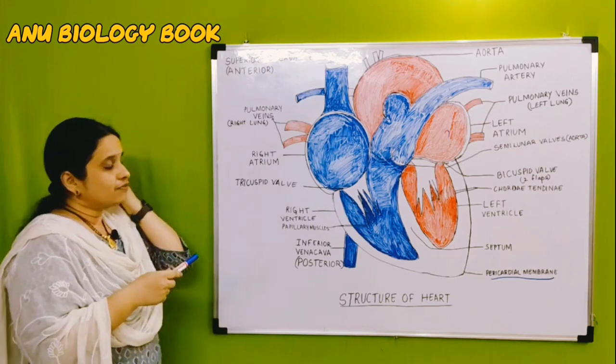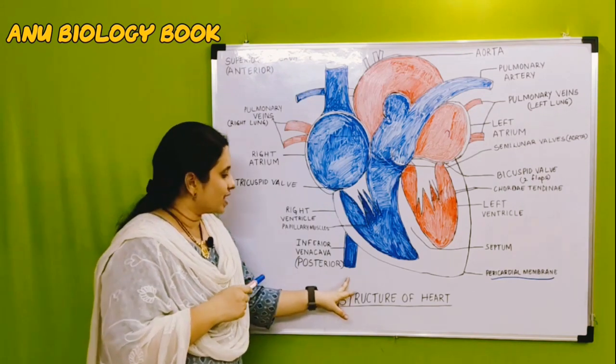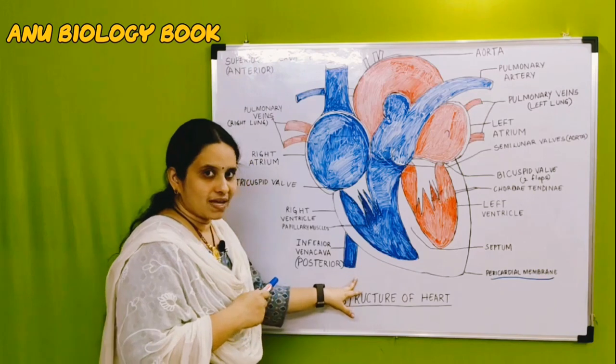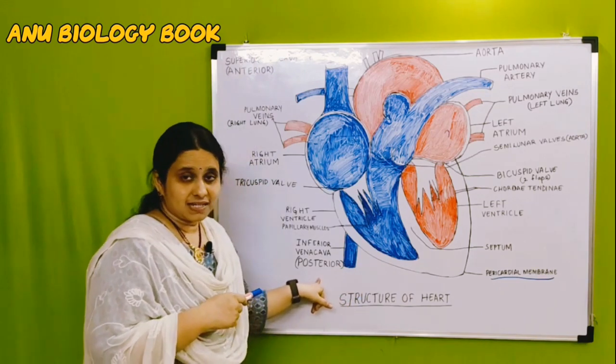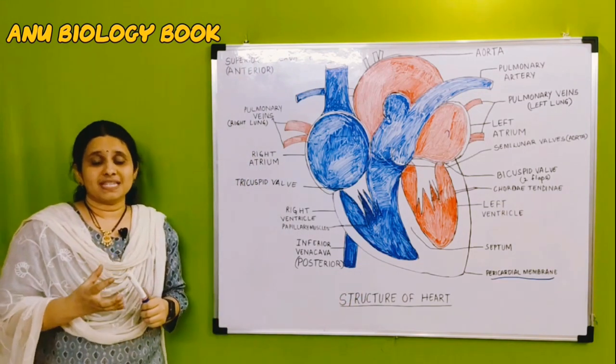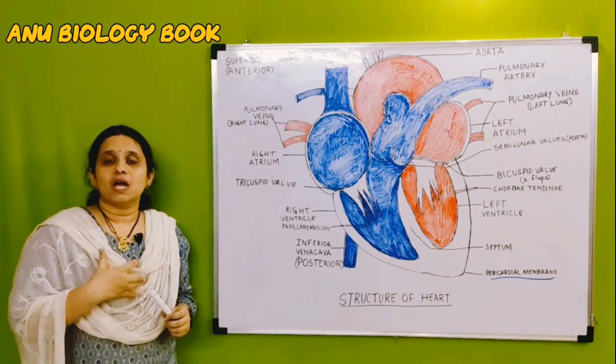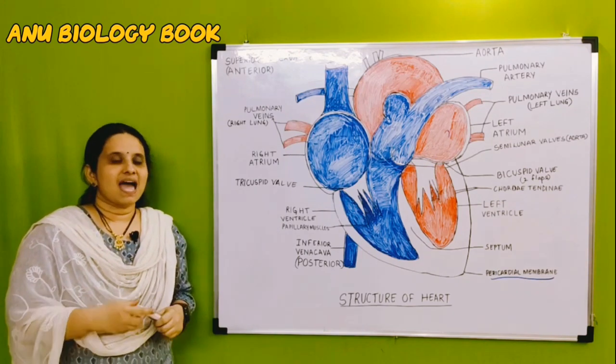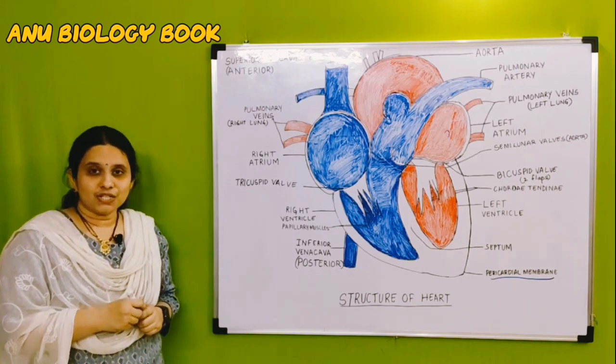And the inferior vena cava or the posterior vena cava, the name itself indicates that it receives the deoxygenated blood from the lower body parts and supplies it into the